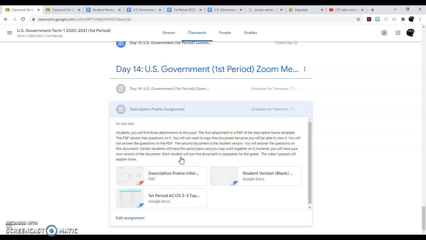Don't forget that current event is going to be due pretty soon. So go ahead and look over current event 2 so that when it is time to post it, that you will be ready. Again, it's not due right now, but after you do this lesson, you'll be more than able to get it done.